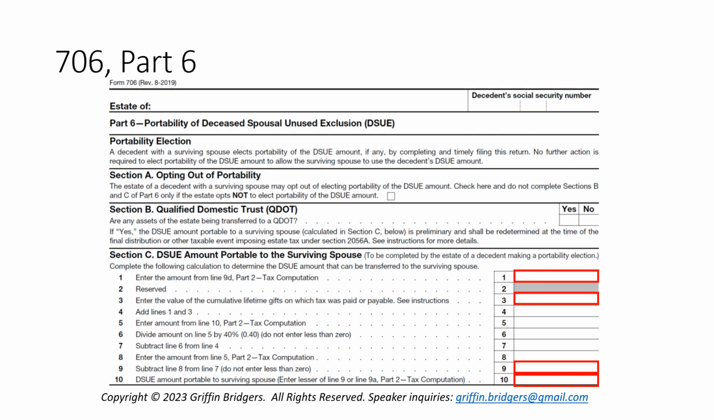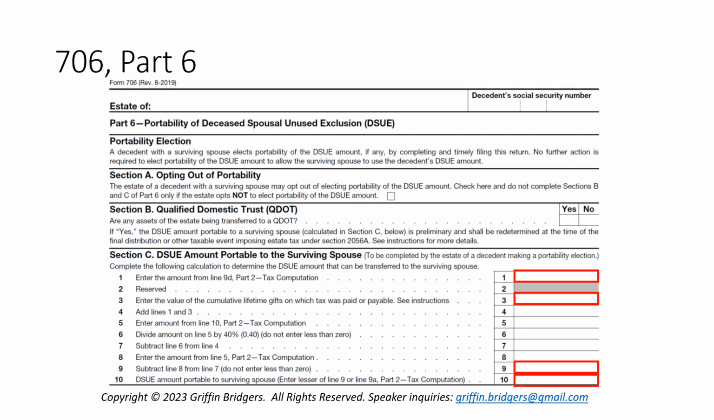Now, I've really kind of highlighted some of the boxes that will come into play here. We're going to skip some of these because these are calculations designed to only apply in limited scenarios. And I'm also going to include in that line 3, because if you have any gifts on which gift tax was paid or payable during life,